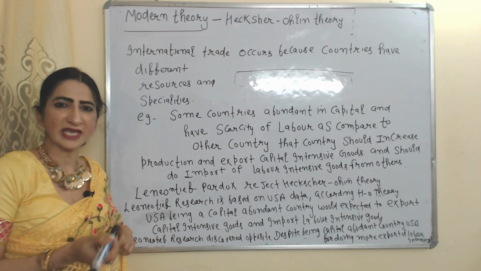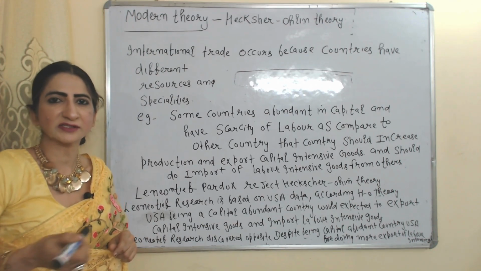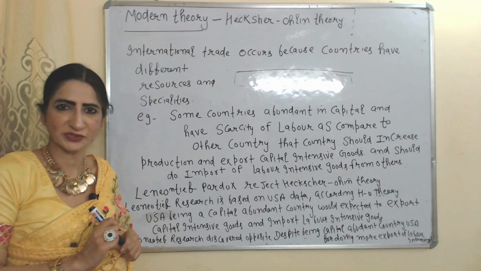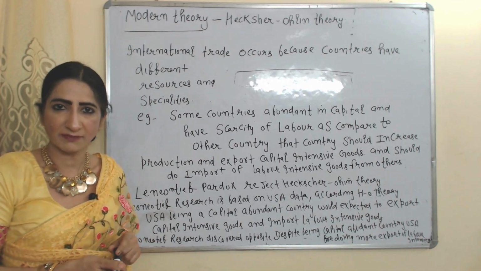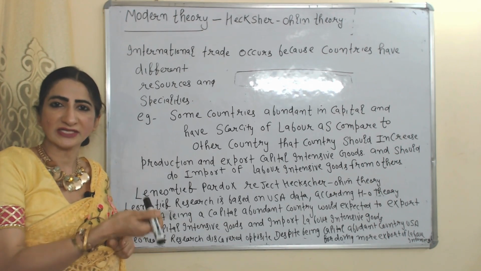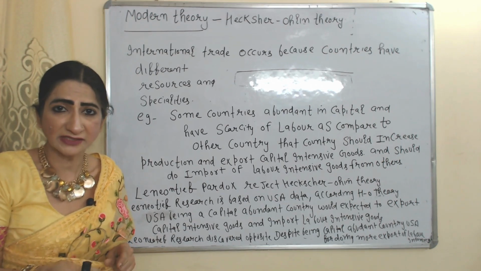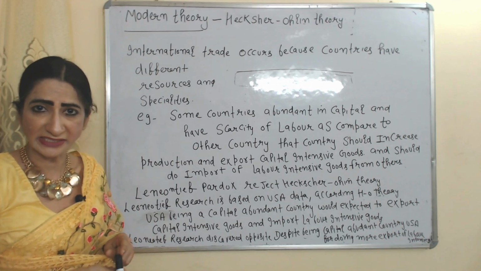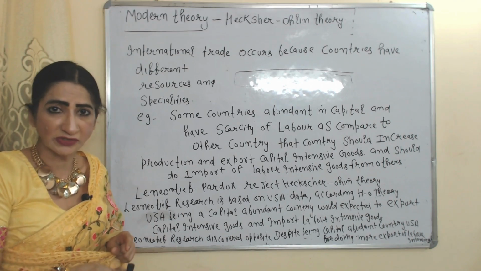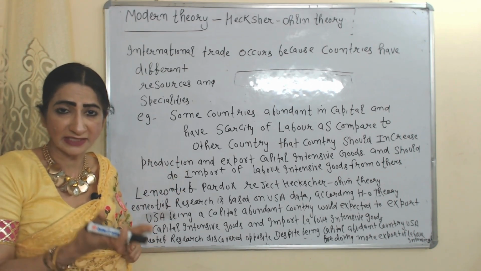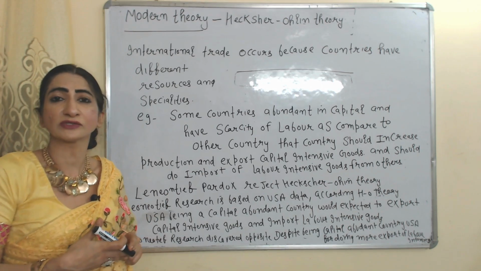First modern theory is Heckscher-Ohlin theory. According to this theory, international trade occurs because countries have different resources and specialization. For example, some countries are abundant in capital, some countries are abundant in labor. According to Heckscher-Ohlin theory, countries which are abundant in capital but have scarcity of labor as compared to other country should increase production and export of capital intensive goods. Obviously they are abundant in capital, and they increase import of labor intensive goods from another country because they have